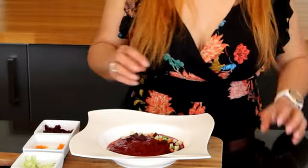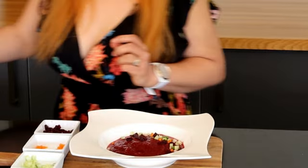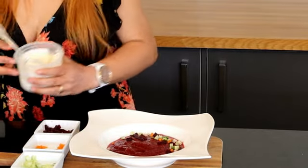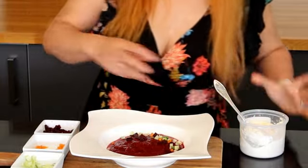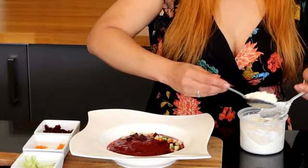And you remember our horseradish ice cream that we made earlier? I'm just going to put it on the center of the